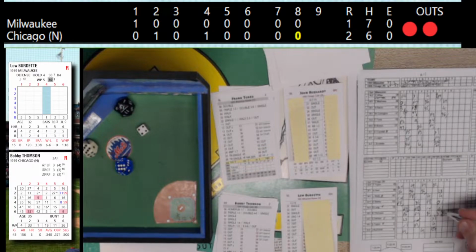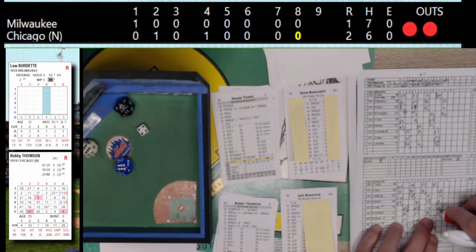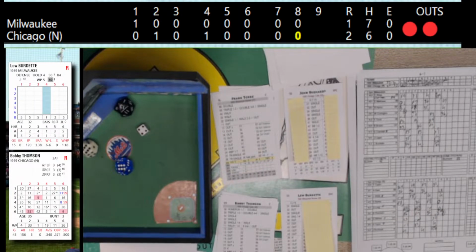On that double, excuse me, it's a double. That's why I was confused there for a split second. So he did stroke a double, and the runner does score on the play at the plate with 2 outs. The batter will take third base on this. So it is a double. Both runs score. And going to third is Thompson.